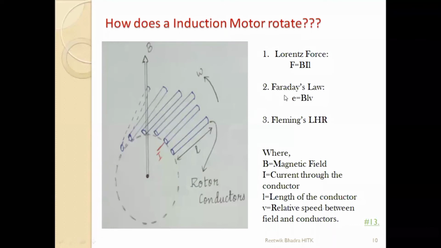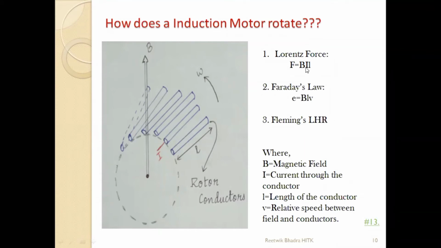So that's why I have written 3 laws over here: Lorentz force, Fleming's left hand rule, and Faraday's law. Okay. Next, if you come to Faraday's law, how will this current be generated? Obviously, there should be an EMF. When we are giving supply to the 3-phase, then there should be a counter EMF, as we have discussed. In a transformer, you have a counter EMF. Over here also, you'll have a counter EMF. If there is a counter EMF, then if you short circuit this point, a voltage is there, and a current will flow through this conductor. So by Faraday's law, first EMF E should be there. That will force the current to flow.